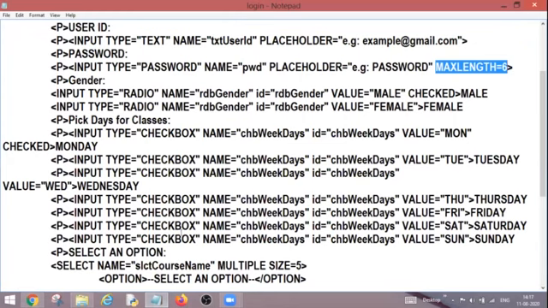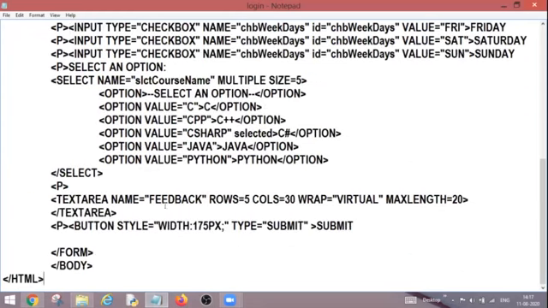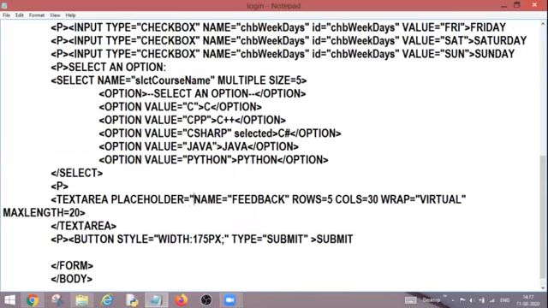Another important feature which is a part of HTML5 is placeholder. I told you in my previous class also the meaning of this placeholder attribute. It gives one faded text in the text box. So I can write over here, give your feedback.